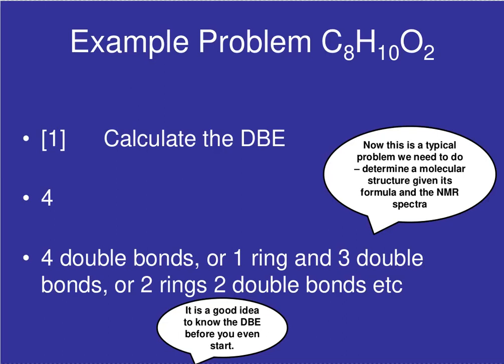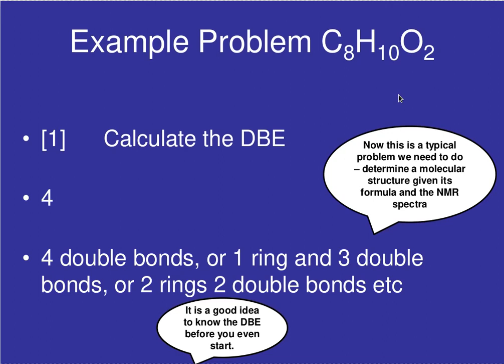Okay, what I'm going to do now is run through an example problem that we would work with in this NMR course. In this problem I'll provide the molecular formula, which I've shown is C8H10O2, and I'll provide the spectra for it, so the carbon-13, the proton spectra, and maybe I'll provide IR as well. And what we've got to do is try and piece together exactly the structure of this molecule we have. So